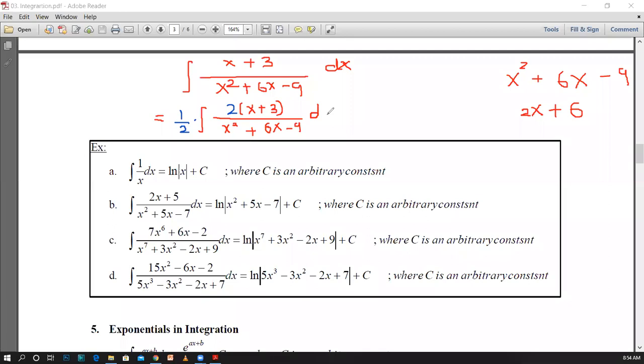Then you need to get the integral, and what you have obtained here is the value half. And now you can see the quantity that you have obtained as the derivative of f(x) now appears in the numerator. Then you can apply the concept learned under natural logarithm. Therefore, you can take the final answer as ln of x squared plus 6x minus 9, and at the end you can add this arbitrary constant c.